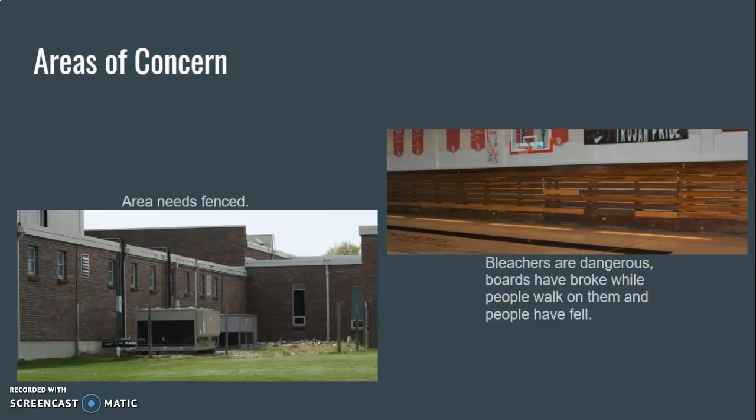Our bleachers are dangerous. I actually watched a person walk down the bleachers this year, and a board broke on them. They didn't fall, but the superintendent was sitting right next to him as they came down, and he had to get some stuff to mark it as don't walk on it. But I do know it's an area of concern for him also. He wants to get those replaced. They're just in bad shape. They're old. You can see the boards that we've replaced on them, the lighter boards on there, and I'll get more into them later.